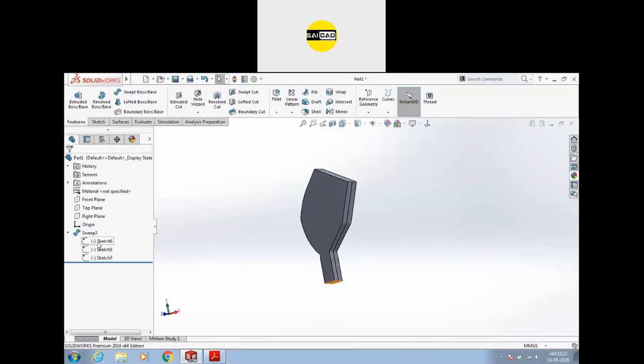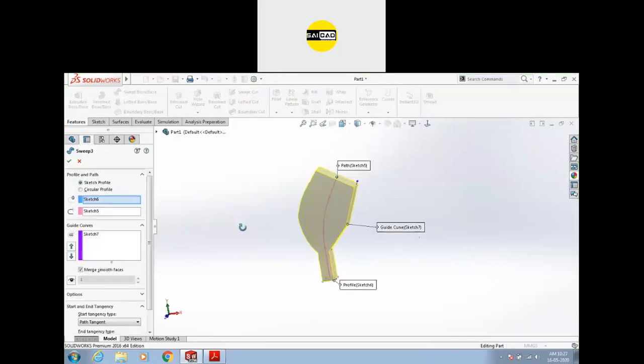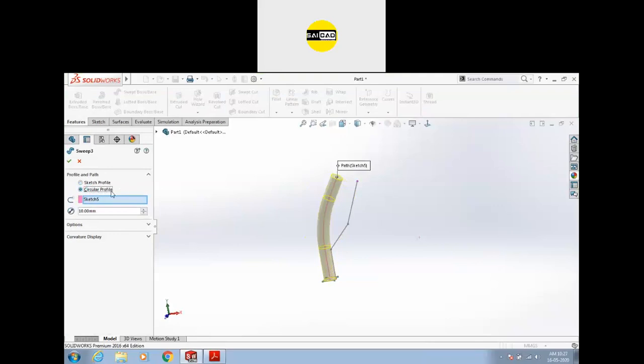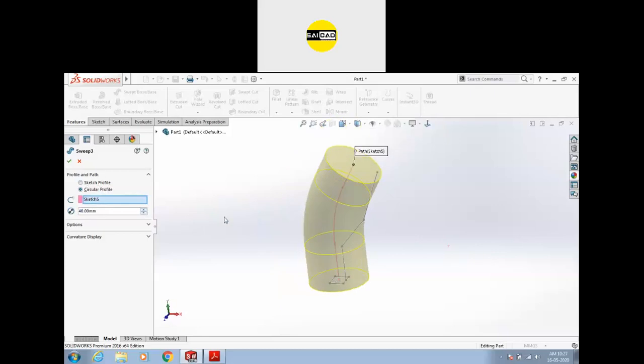Okay. So if I go here and select the circular profile like this. Okay. You don't need to create a sketch for circular profiles. You can just go to the circular profile and select the diameter from here. But you cannot control its outer profiles because there is no option of guide curve. Okay. Again, we have options of merge tangent faces and show preview.